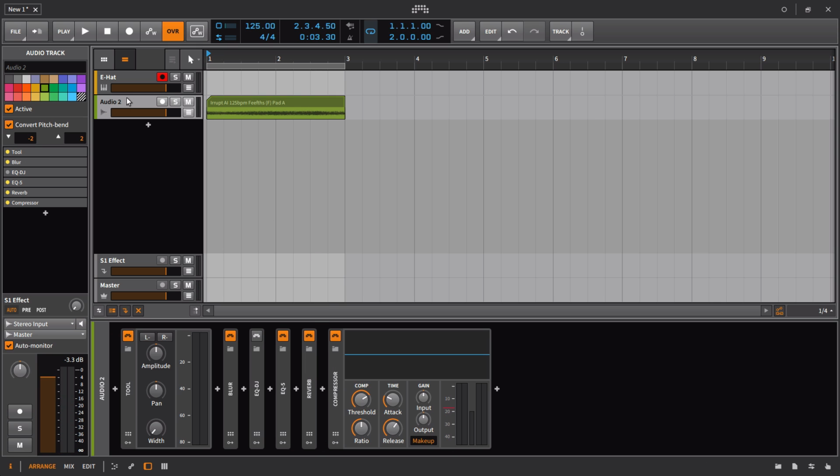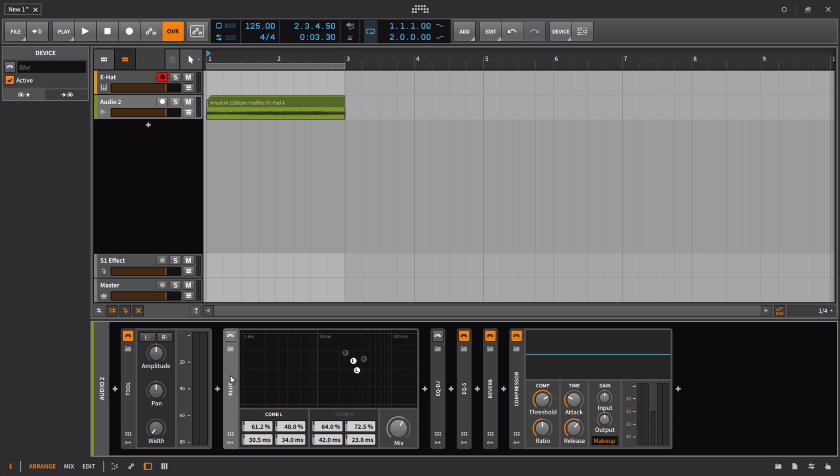All right, over here now to this audio clip. One of the devices that's really benefited from a dynamic display is the blur. Always kind of annoying to have to drag these controls individually. Now when you turn this on, let's turn off everything else. I can pull around all of these different comb filters and determine the feedback and the time however I want it to be. So you can now make fun shapes too,